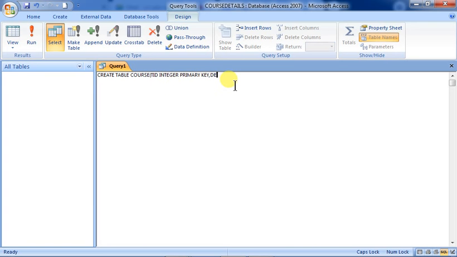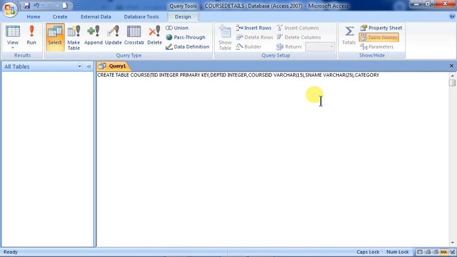Then I give dep ID, the department ID, also an integer. Then I am taking the course ID, which is a varchar, meaning string data of size 15. Then what else I will take is the name of the students, s name. This is also a varchar, and I am taking size 25. And then at the end I am taking the category.